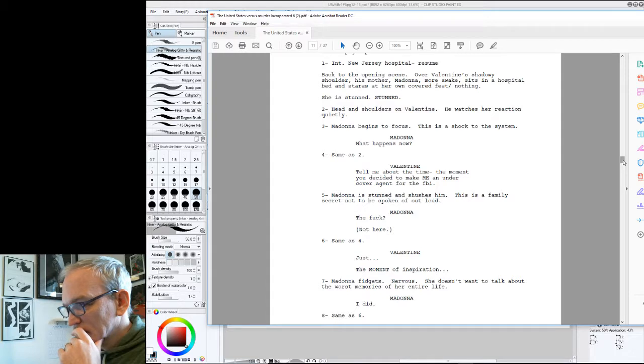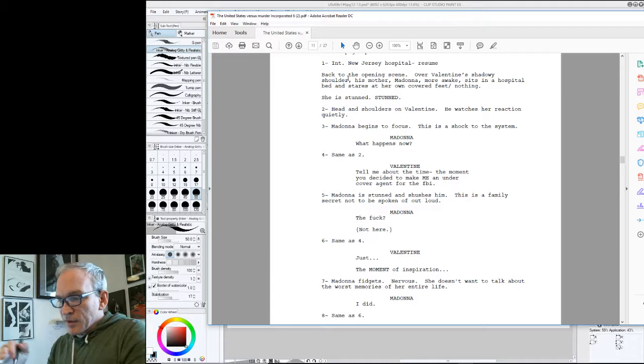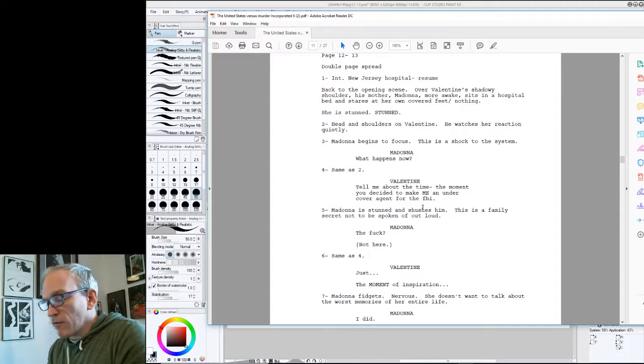All right, so when I'm reading the script, it feels like the scene kind of turns a bit on panel 4 when Valentine asks her, "Tell me about the moment you decided to make me an undercover agent for the FBI." So there are moments that happen before this, and then there are moments that happen after this, meaning the scene turns at panel 4. So I'm going to want to put panel 4 at the top right hand side of this page,